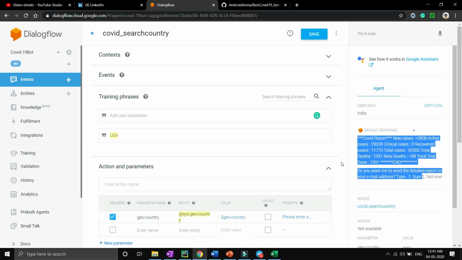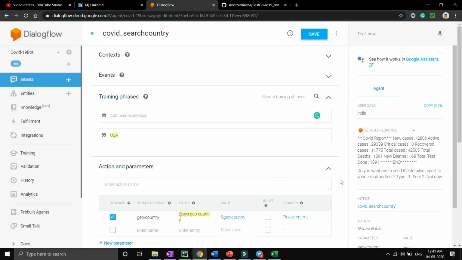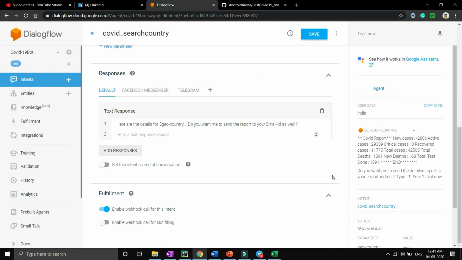So in order to connect the intent or agent with the Python and Flask backend, you need to turn on the enable webhook call for this intent option. For all the intents which you have to connect with your Python and Flask backend, you have to enable this option for each and every intent.